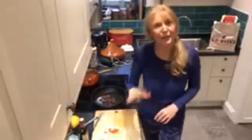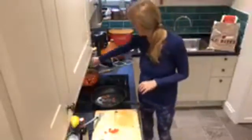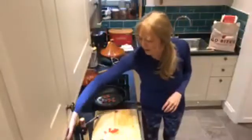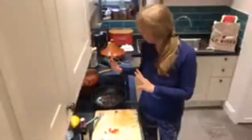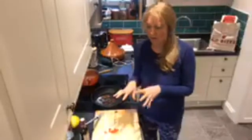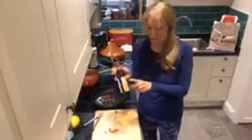Angus Smethers is watching. Hello Angus, how are you? This is a really lovely soup that we're making. It's very, very easy. It's just a tin of chopped tomatoes. We've got onion, celery and a little carrot in there. We've got a little bit of roasted red pepper, a teaspoon of demerara sugar, a teaspoon of balsamic vinegar,